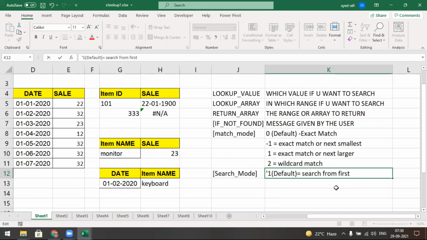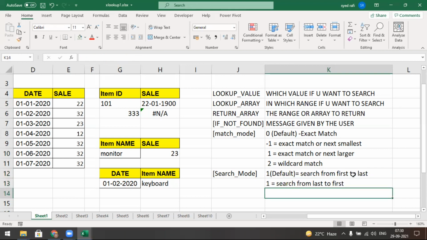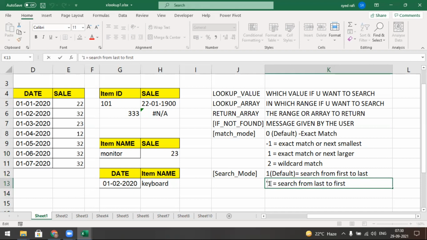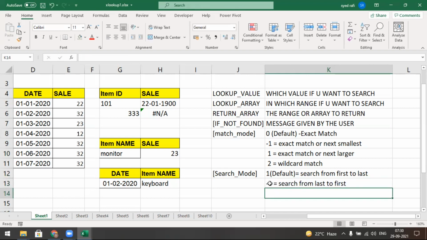Okay, and -1 means search from last to first. Last to first. Here first to last. Okay, search from last to first. Here we make this one -1.